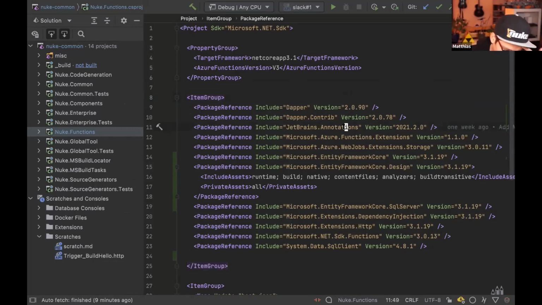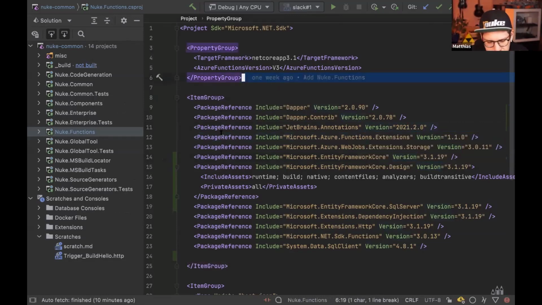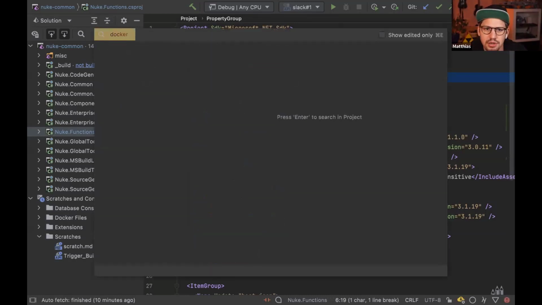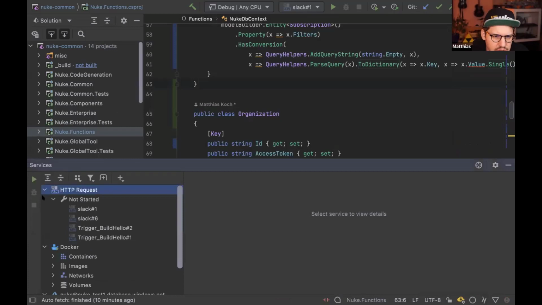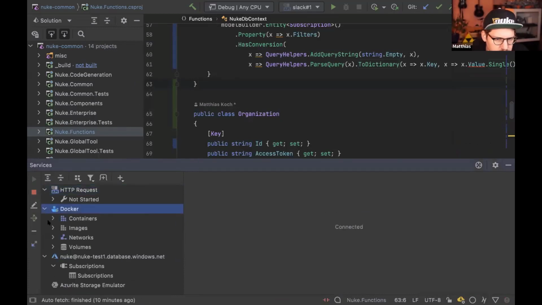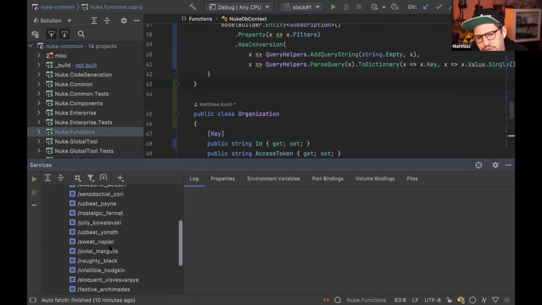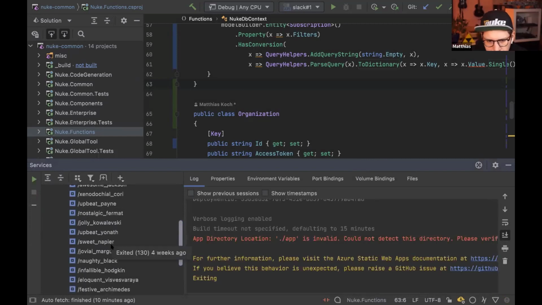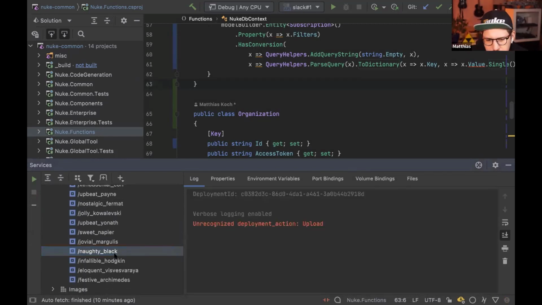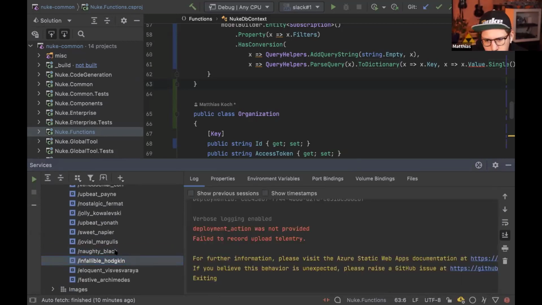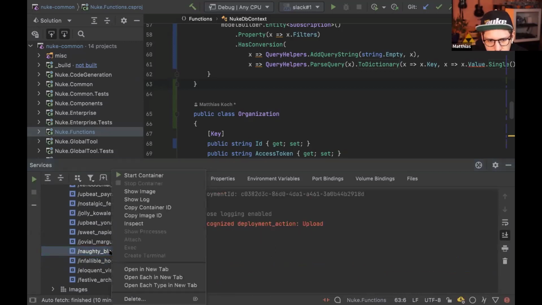While Docker is initializing, I will explain what happened. Azure Static Web Apps are available with GitHub Actions and Azure Pipelines, but I didn't want to use the predefined tasks, for multiple reasons. And they make use of a Docker image. Let's see, maybe I'm searching for the wrong thing. Services, exactly, and then Docker. And Docker, is it connected already? Seems so. And they used an image to do this. So they kind of map stuff around, and I knew something wasn't working. Well, in the first instance, what I wanted to do is actually see what it's executing. So I can start this container,